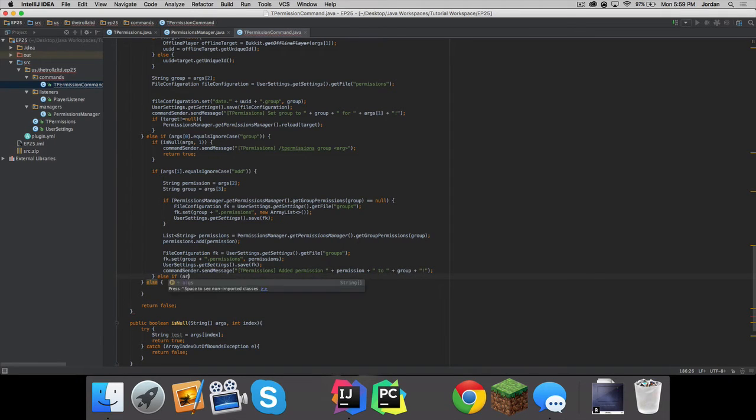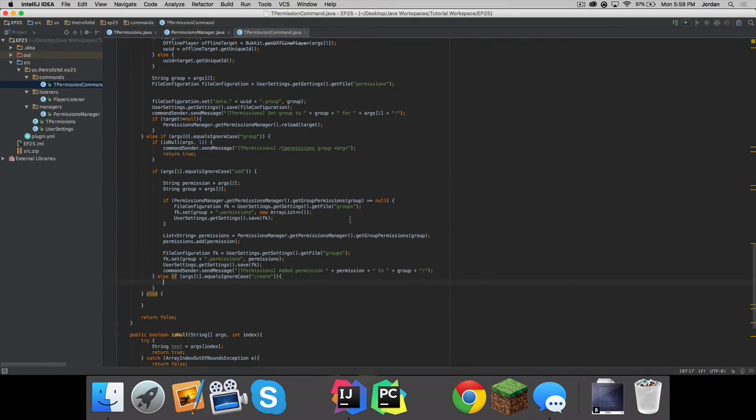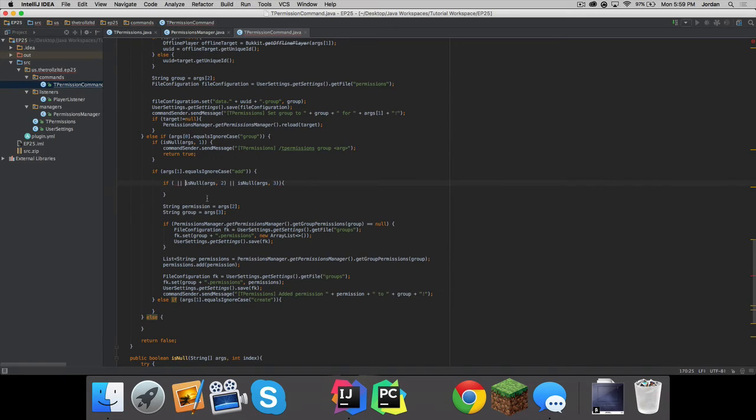Else if args1 dot equals ignore case create, and then we need to go ahead and do our checks here. If boom, boom, we can go ahead and send this here. So it won't really help them too much, but I mean, they can probably figure it out. Well, let's go ahead and let's help them out a little bit. Add